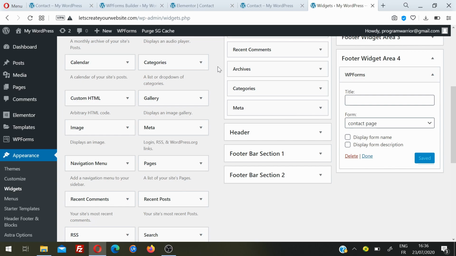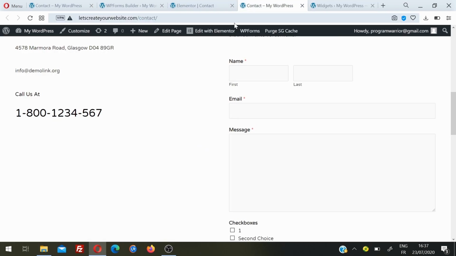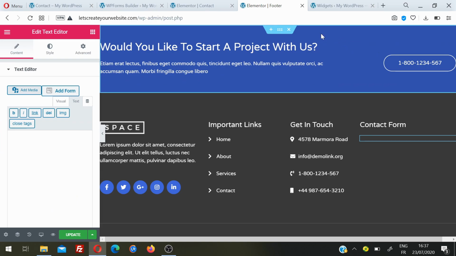And now we'll see if you are creating your footers with Elementor page builder. Normally you can choose just to create your pages with Elementor page builder, not your footer and header. But in case you are using Elementor for creating your footer and header also, then there is a little bit different way to do that. So to do that, we'll go back to your website and you can see here Elementor and click here on footer. Okay, so here this is the footer.